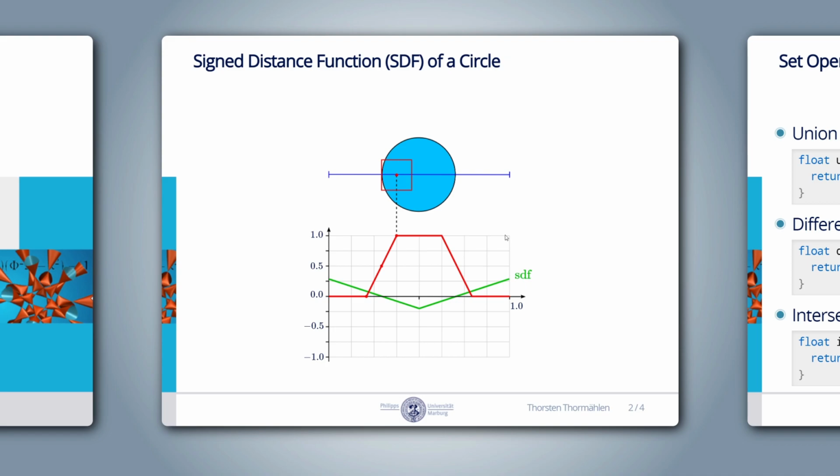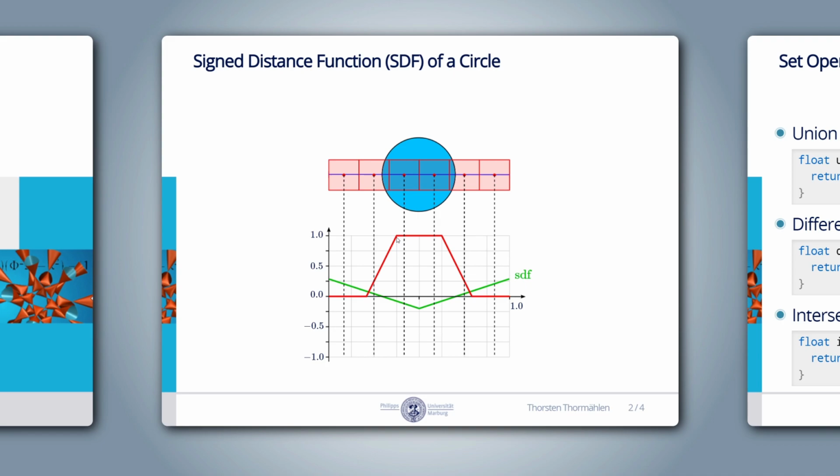Now, how can we convert the green SDF into the desired red fill function? First of all, we need to realize that the SDF is computed in the space of texture coordinates and the anti-aliased fill function in pixel coordinates. Furthermore, we see here that the slope of the fill function is 1 unit per pixel. Fortunately, WebGL2 supports OpenGL ES 3.0, which provides the GLSL fwidth function.